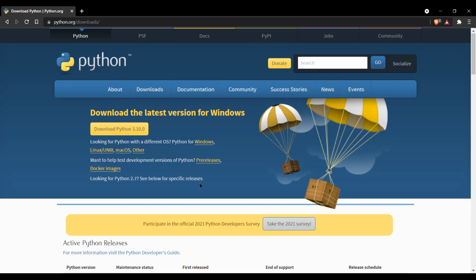For the next step, it is the download of PyCharm. Here we can download PyCharm.